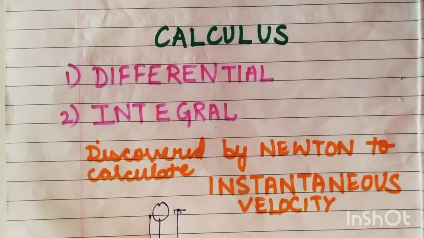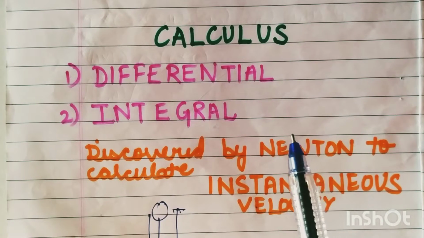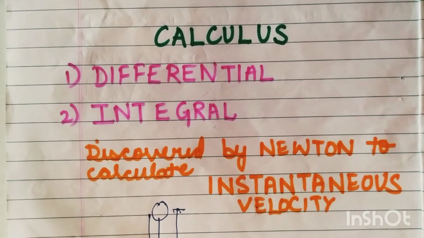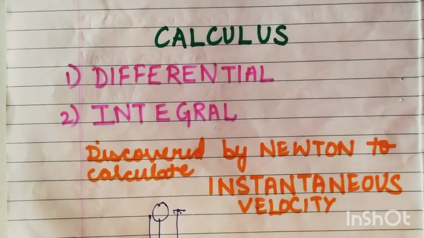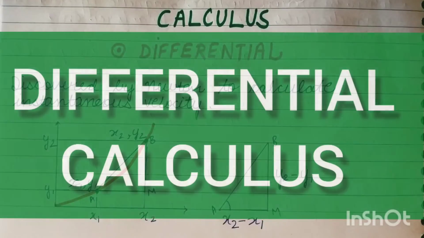We have two types of calculus, differential and integral. See, these both terms are hard to remember, so please remember them by their words. Differential means to differentiate. What does differentiation mean? If we have a large part and we divide it into very small parts, this is known as differentiation. And integration, that is integral, is just the reverse of differentiation: many small parts combine together to form a big part. So this is known as integration.